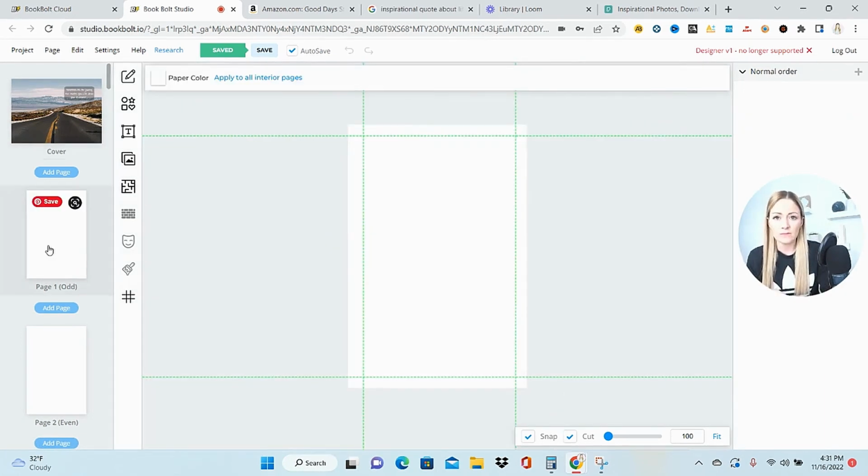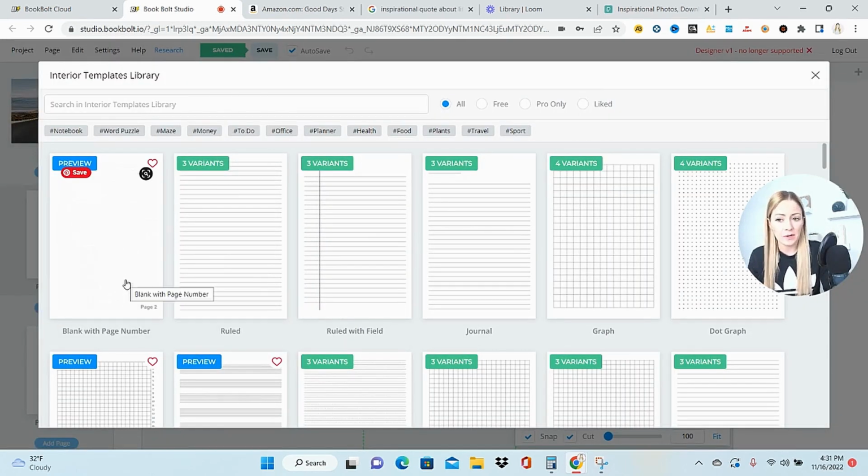Now I have to do something with these pages so that they're not blank. Amazon doesn't want to just see blank pages, so I have to do a little bit of something with it. So to do that, I'm going to come right here to this button, Page Templates. You could keep it blank and have the pages be numbered, but I think I'm going to come here to